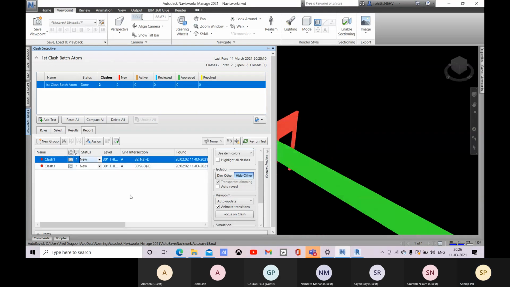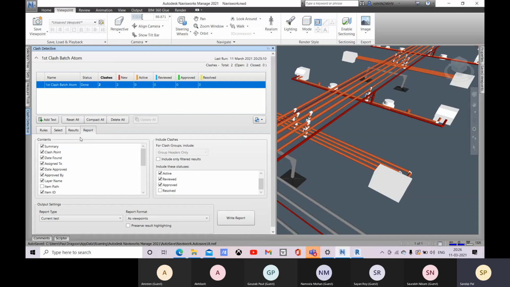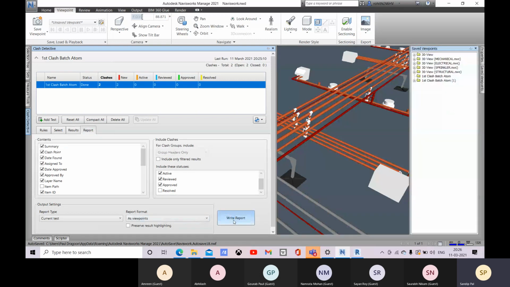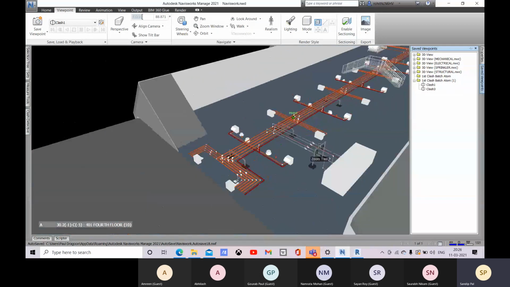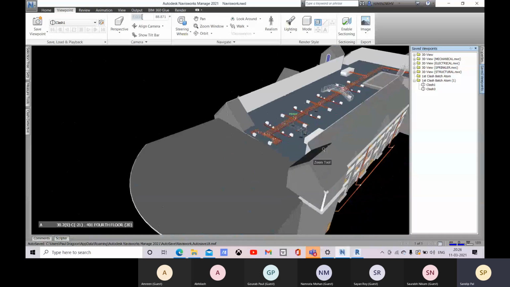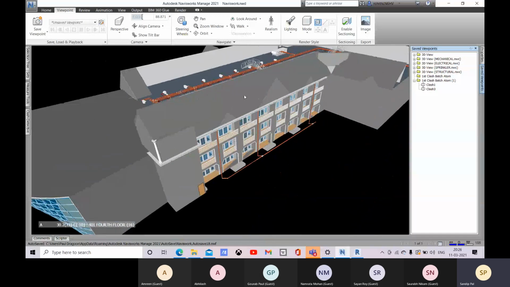All right, and now come to this report, and yes. So here you can see that this is class 1 right now, and class 3.